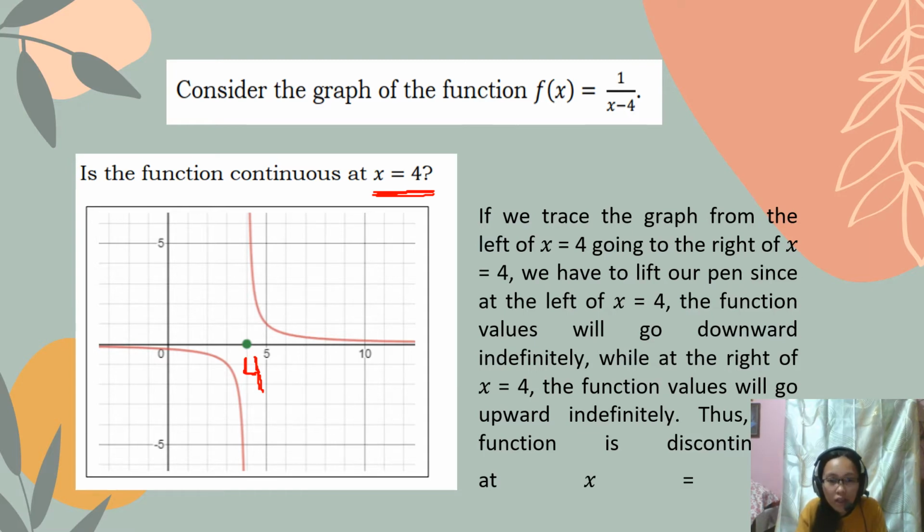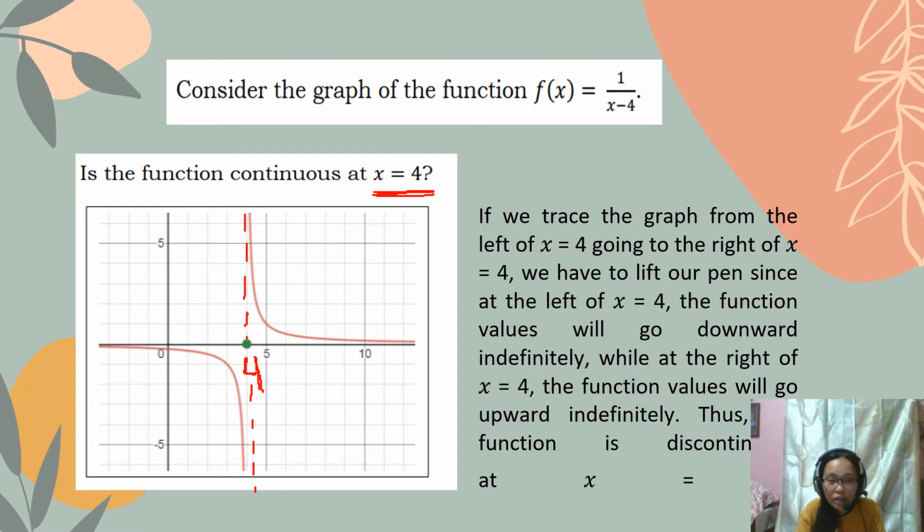Clear? Meaning to say, why is it discontinuous? Because when you try to substitute the value of x to our function, 1 over 4 minus 4, then the function will become undefined. Meaning to say, 4 is our vertical asymptote. So you can trace it there. Obviously, the graph cannot pass through 4 because it is an asymptote or it is a boundary. So that is why it is